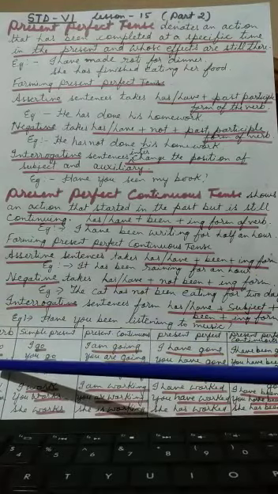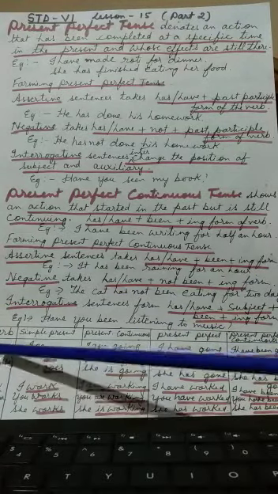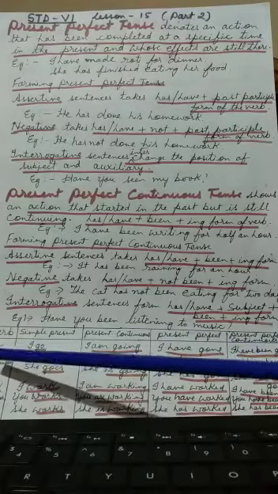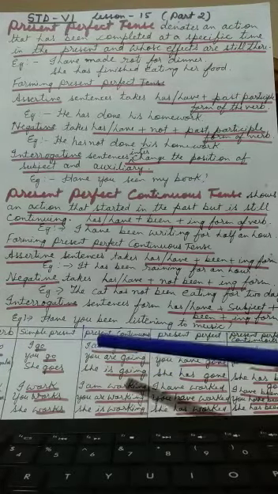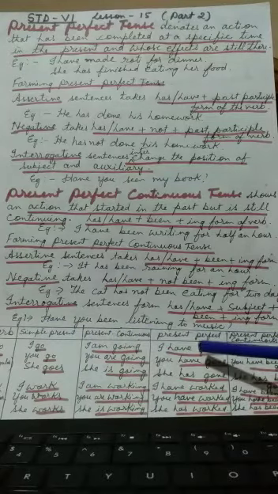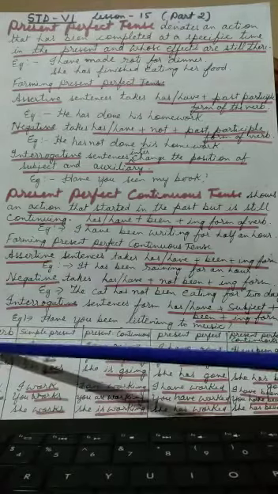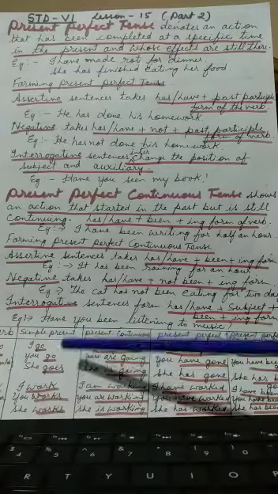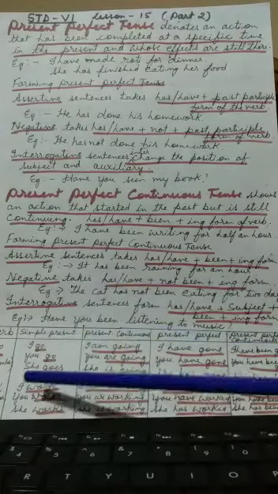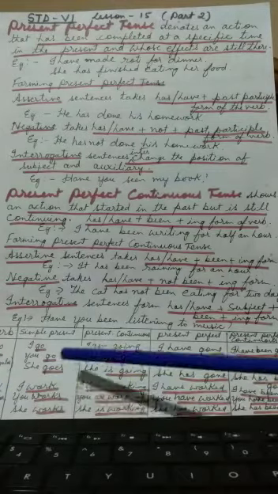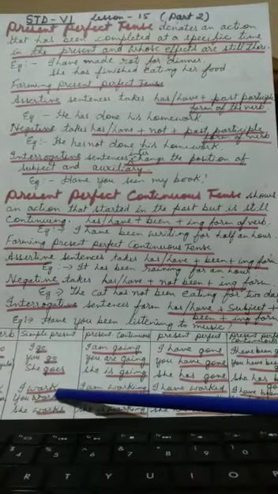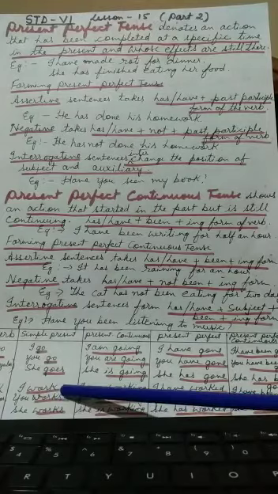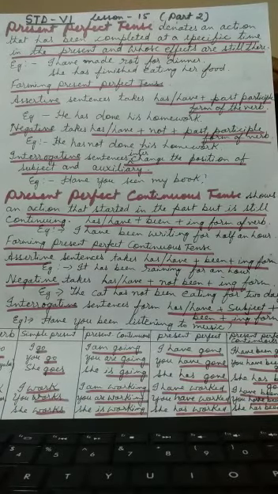Okay, so this was an irregular verb. Why is it written there that it is an irregular verb? Because the past tense of go is went, and the past participle is gone, which is used in present perfect tense. That is why go is an irregular verb. Now work is regular, because the past tense of work is worked and the past participle is also worked. Like in simple present tense, I work, you work, she works.